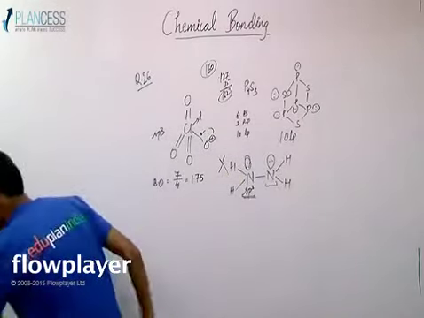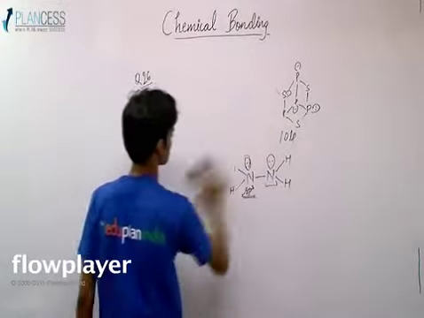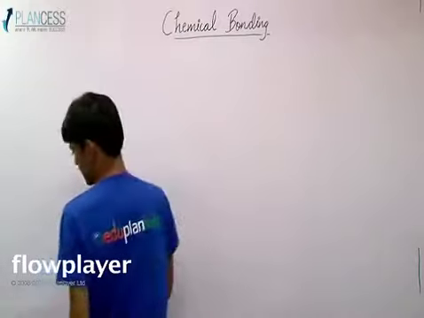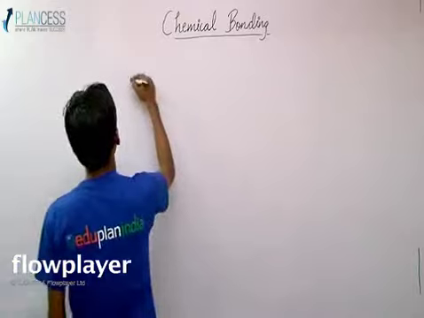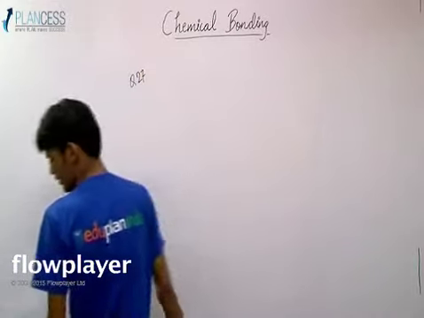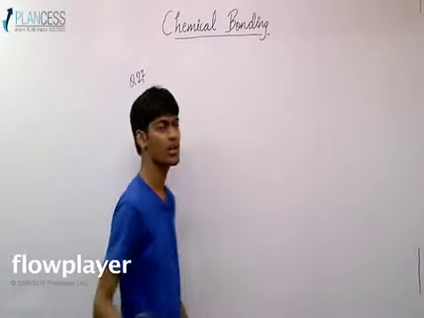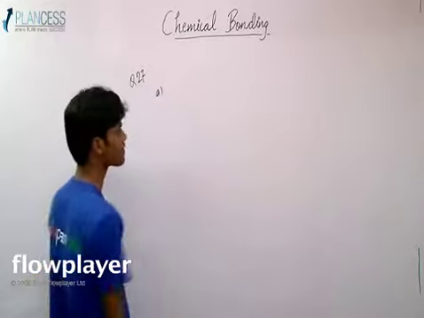So this was question number 26. Now let's move on to the next question, question number 27. Which of the following compounds contain both ionic and covalent bonds? So one option is